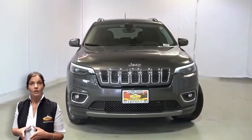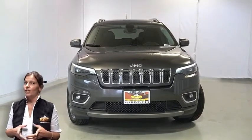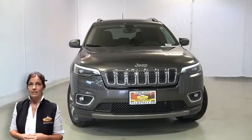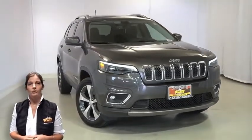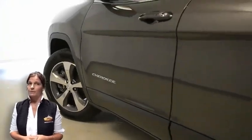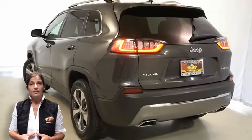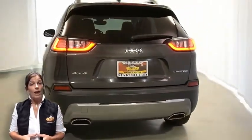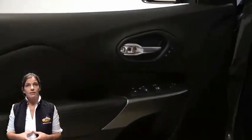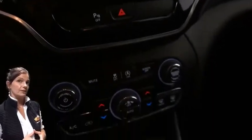If you're looking for a functional compact SUV with both reliability and safety for the whole family, then take a look at this certified pre-owned 2019 Jeep Cherokee Limited in granite crystal metallic. With LED headlamps, front fog lamps, 18-inch aluminum wheels, bright side roof rails, LED tail lamps, rear window wiper and washer, heated front seats, heated steering wheel, only 10,000 miles on the odometer, 8.4-inch touchscreen display, navigation, rear backup camera,